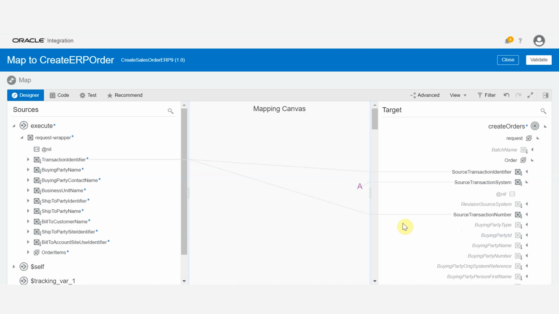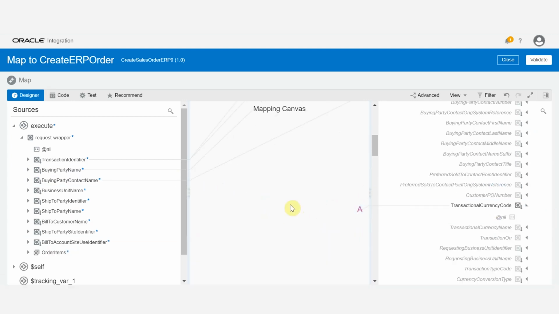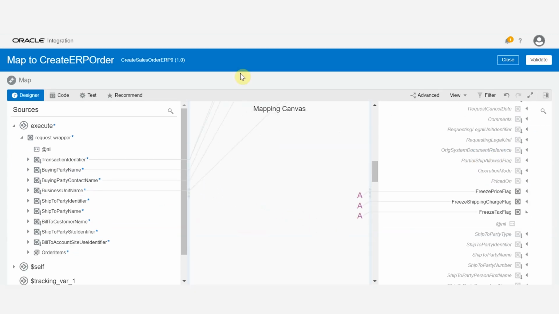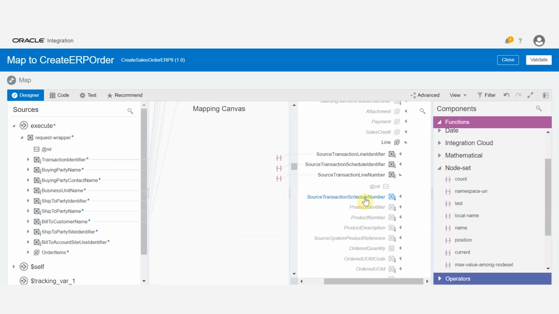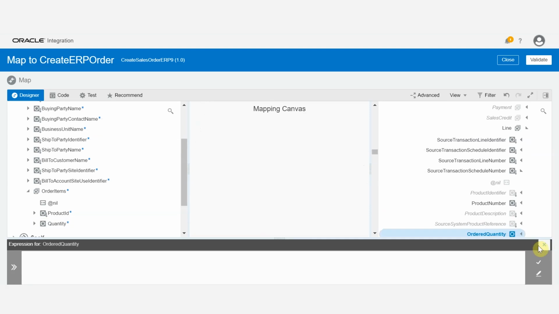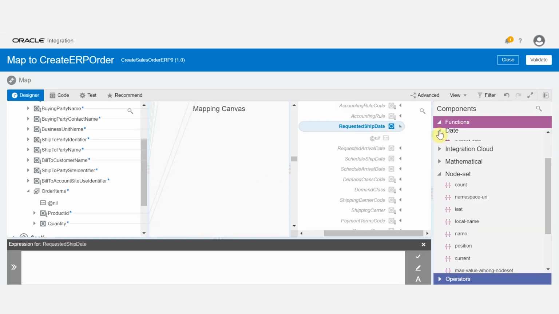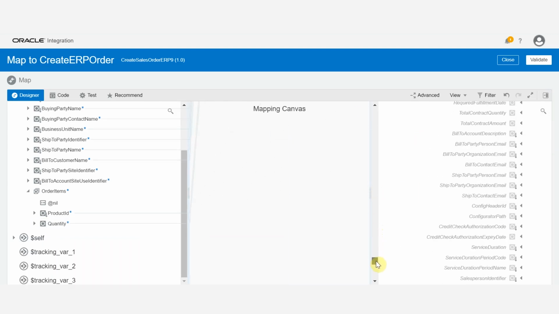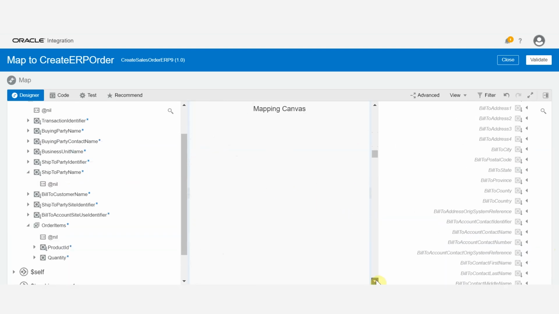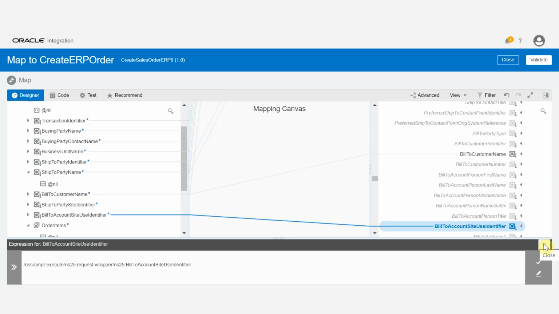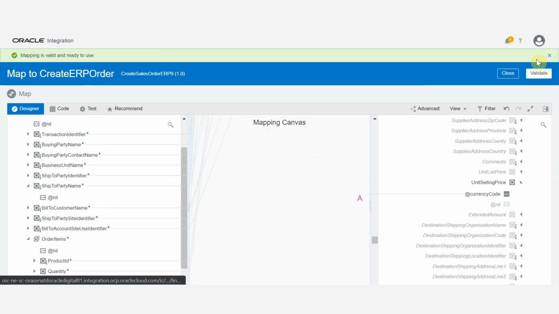Now we will finish mapping the rest of the data elements from source to target. Click the Validate button on the top right corner and then close.